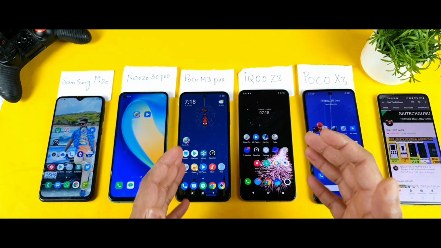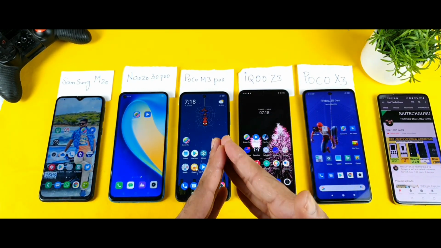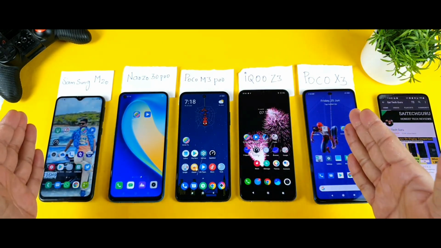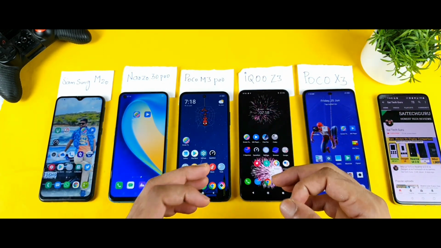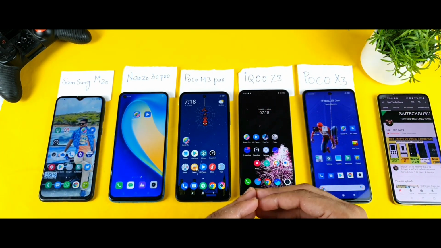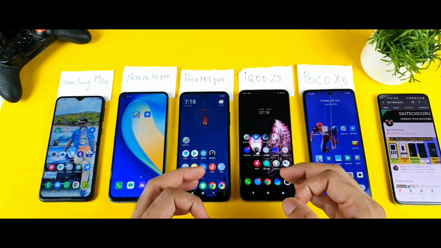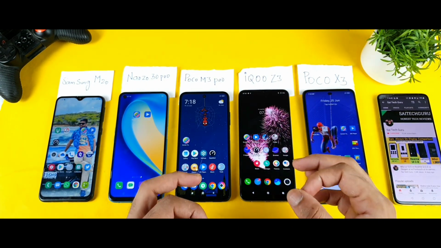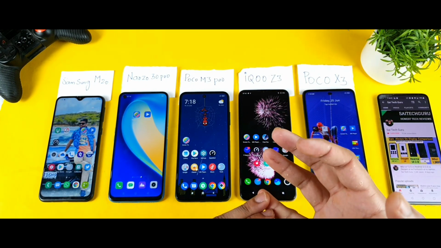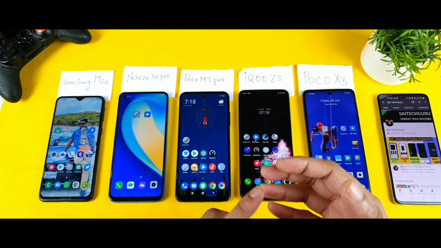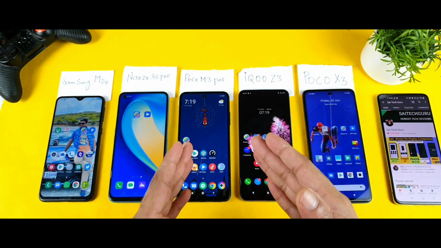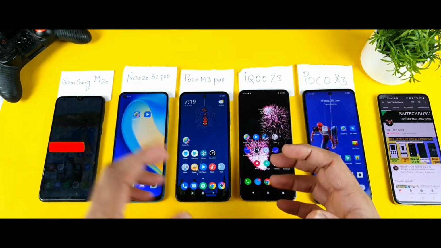In today's video, I try to do the IPS LCD display comparison between all of these 5 smartphones which I got right now. As you can see friends, all the 5 phones are IPS LCD panels only, but different companies I did try to select. And let's see friends, which phone will be having what kind of IPS LCD clarity, and I'll try to test the brightness and low brightness, contrast and saturation levels while playing video, even while using the calibration application as well. So just to see which phone has got better colors, that is what I'm going to check first.